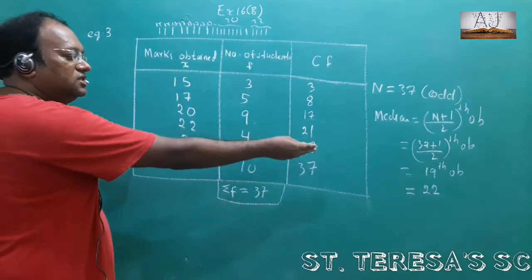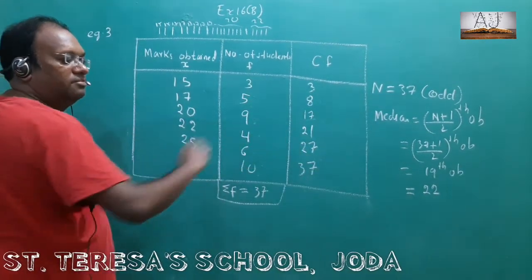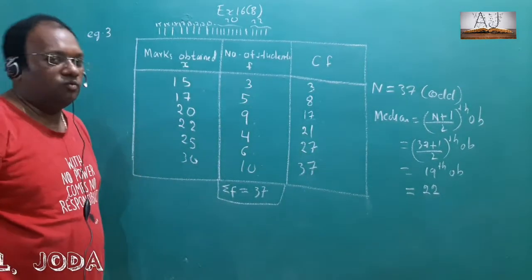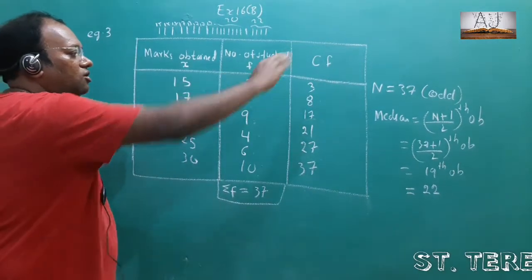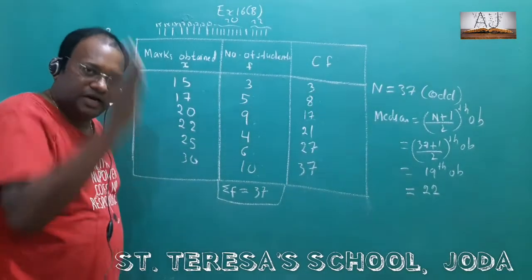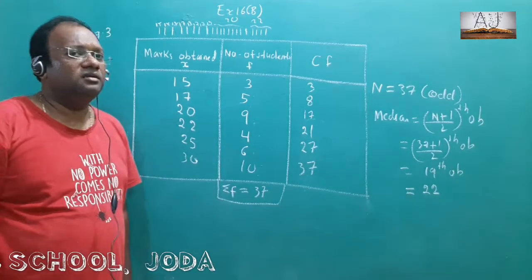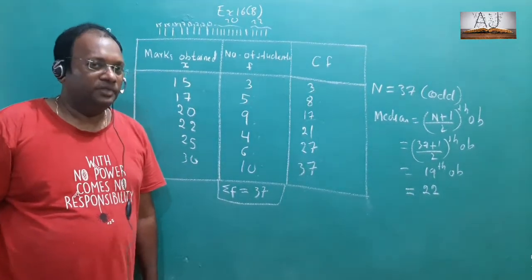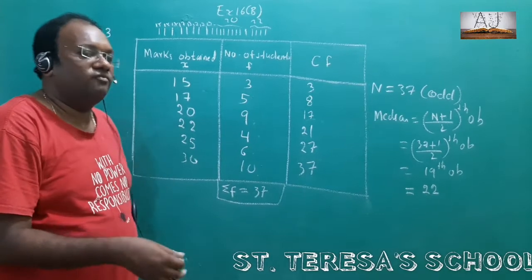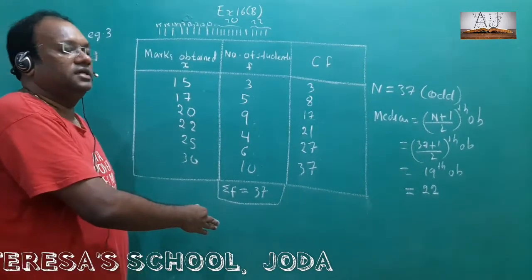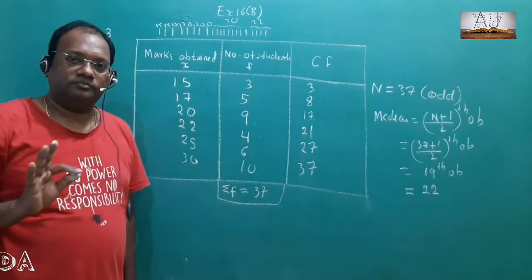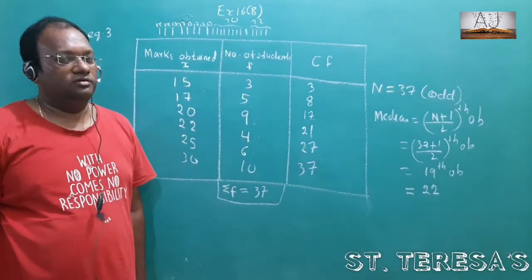Okay, so the middle one is the 19th here. So the 19th is the median. So this is how we find the median. After arranging them all, whatever is the mark obtained by the middle student, that is called the median. It's not a hard thing, okay? But this is the way of finding it when we have such ungrouped data. Okay, hope you have understood.